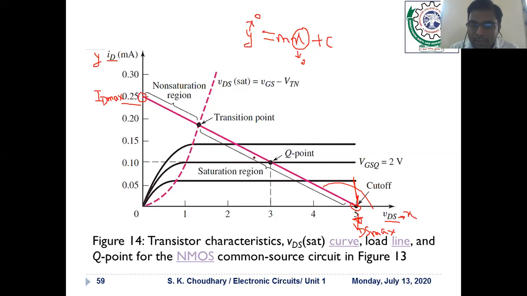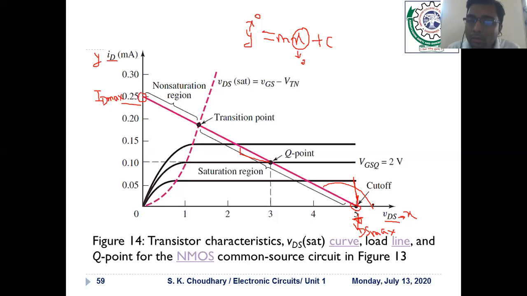Second, this slope depends inversely on RD, the load resistance. That's why it is called a load line. Okay. So when you take the slope, you can easily find out this value. Take any 2 points on this particular straight line, and the slope would be a ratio of del ID upon del VDS. When you invert this, del VDS upon del ID, that is a resistance as per Ohm's law. And this resistance is nothing but the load resistance RD. That's why it is called the DC load line.